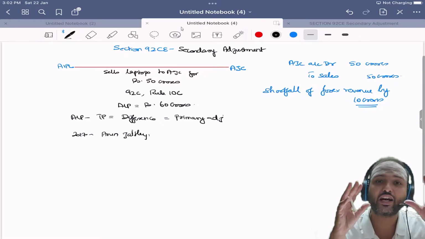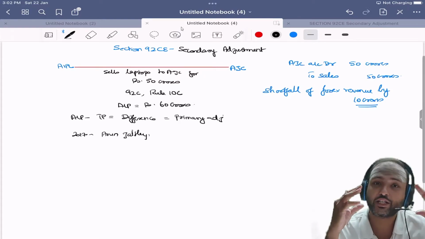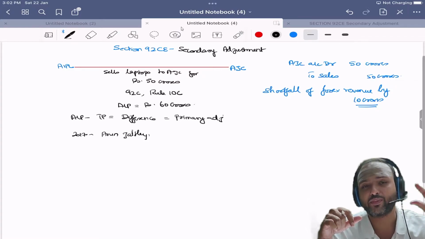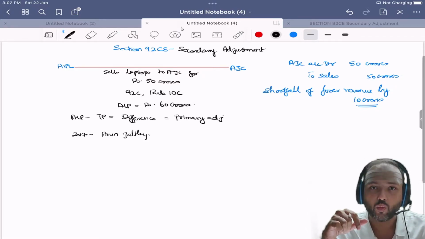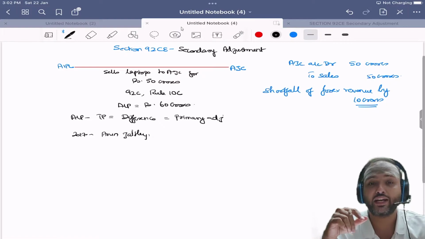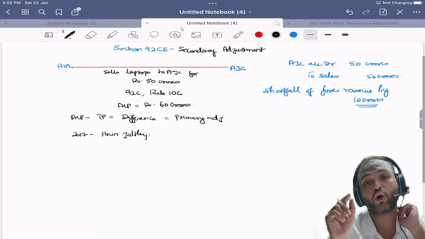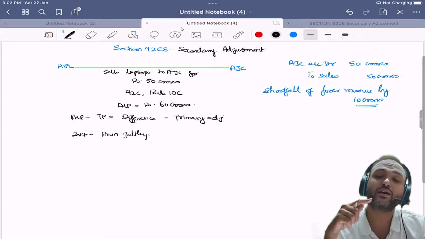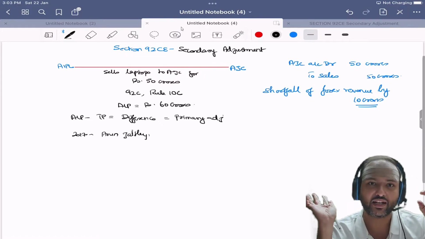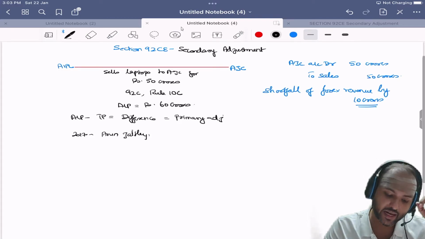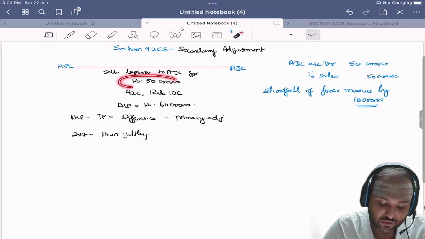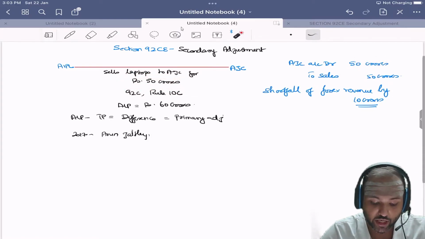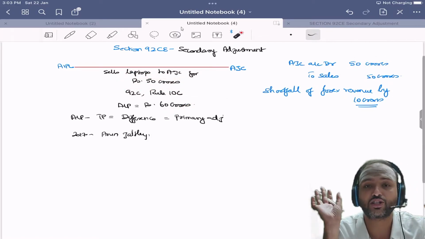So the moment the finance bill got the assent, this section would come into life, and every additional primary adjustment that happens after that, what should they do? They should ensure that not only taxes are paid, but also the original transaction itself becomes in line with the arm's length price transaction. So what is the original transaction here? Original transaction is 50 crores. You cannot account for 50 crores. You have to ensure that accounting also happens for 60 crores.